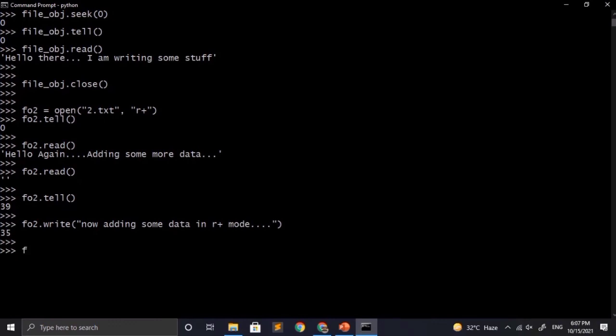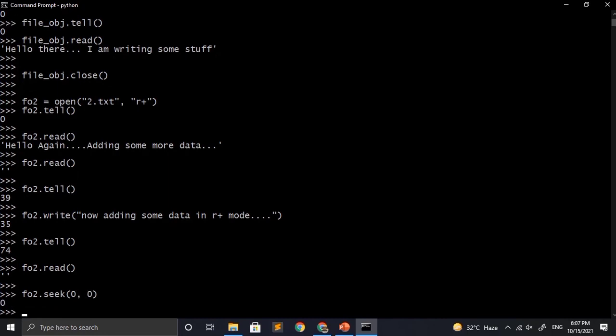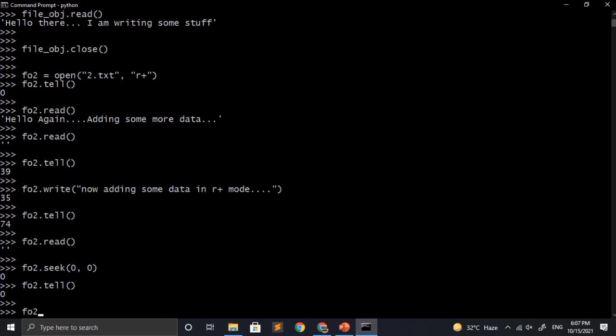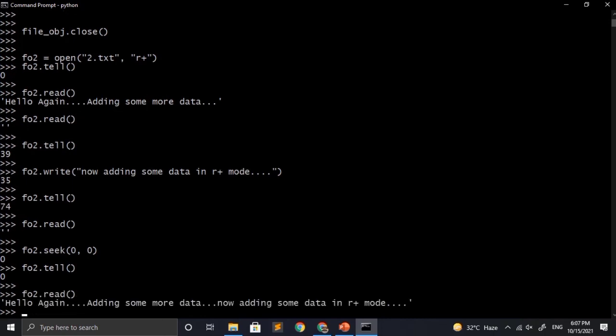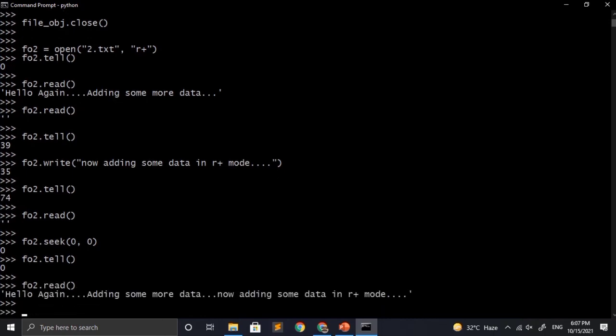So to check how many bytes we are away from the starting position, we will be calling the tell method here. If I try to again read data from the file using the read method, it will give empty quotes because the file handle is at the end of the file, or the cursor is at the end of the file and there is nothing to read from there. So for reading the data from the file, again we will use the seek method, seek(0, 0), which will set the cursor at the beginning of the file, and after that we can use the read function and it will show the data inside the file. So we have now performed all the operations on the file, so we should now close it using the close method.